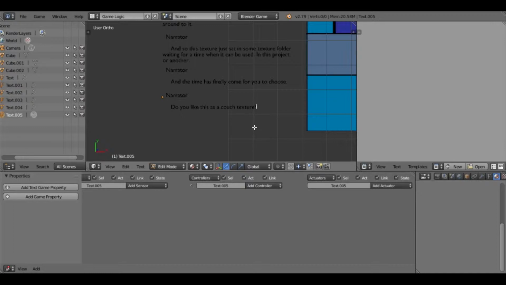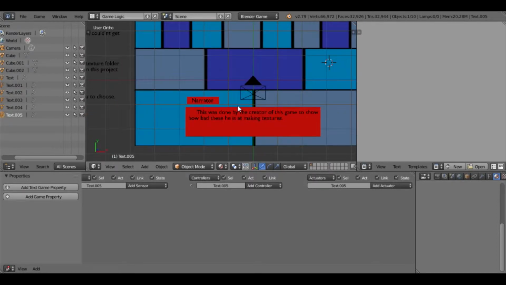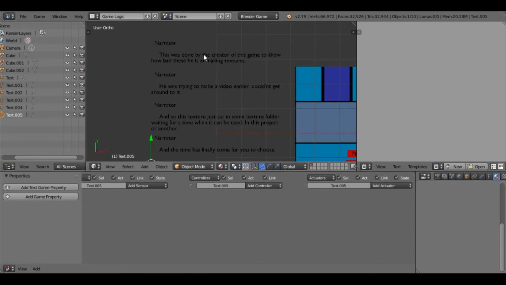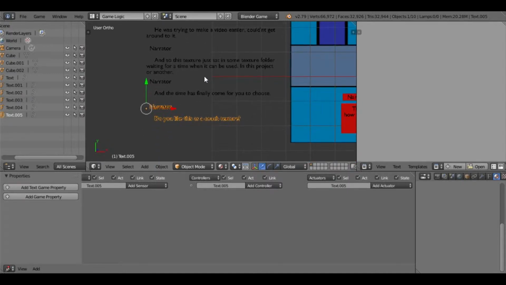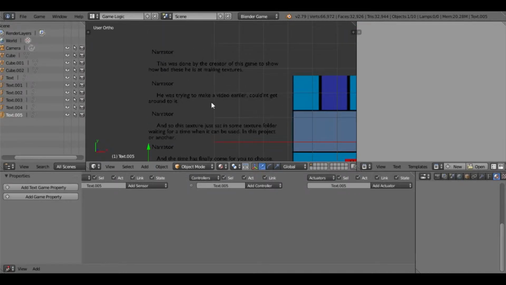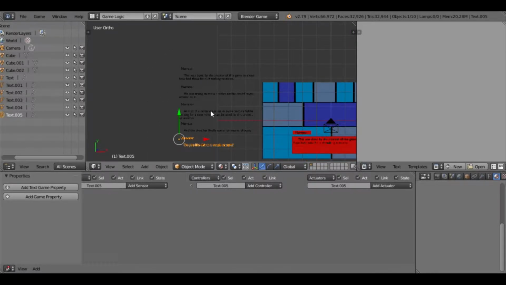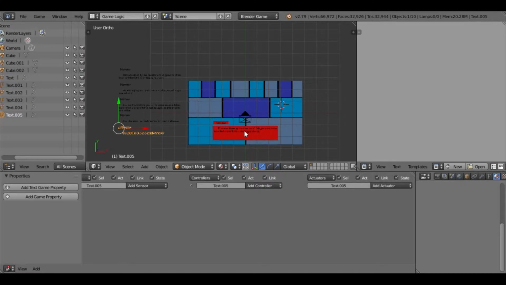Okay, so we have this as the starting texture or text, and I duplicated this and pulled it to the side over here, where I then added a bunch of other text. So the reason why I did this is because in order for this to switch, for one thing,